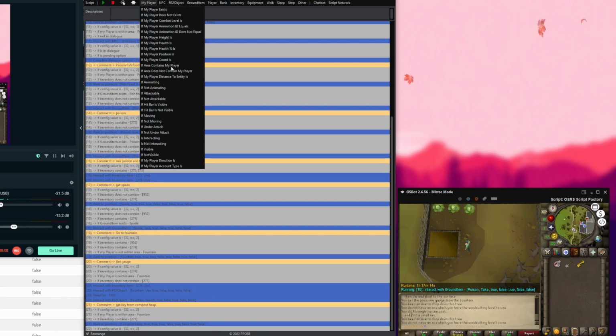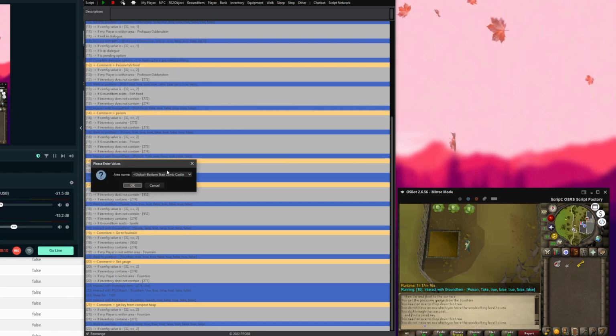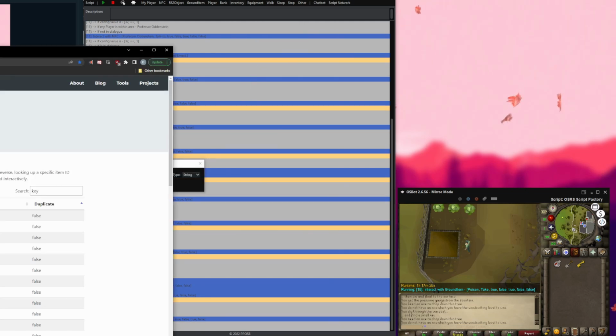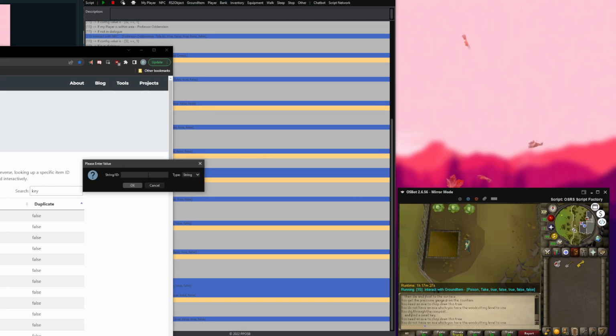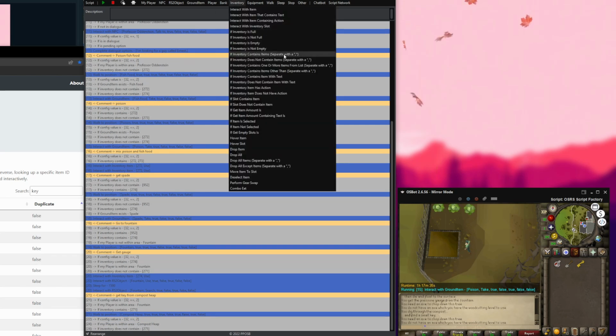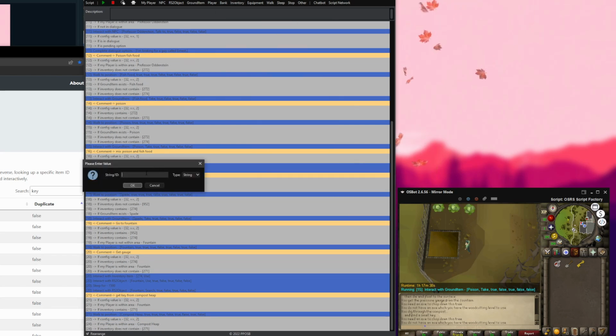If area contains my player, compost heap. If inventory does not contain, we're going to go with 275. That's just a guess for the key ID. If inventory does not contain the ID for the key,